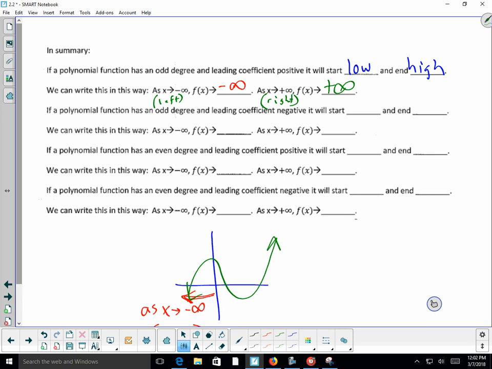All right, so now what about the next one? If a polynomial function has an odd degree, but the leading coefficient is negative, it's going to start blank and end blank, Frank? Start high and end low. All right, start high and end low. And in that way, we can write as x approaches negative infinity, which means as we go